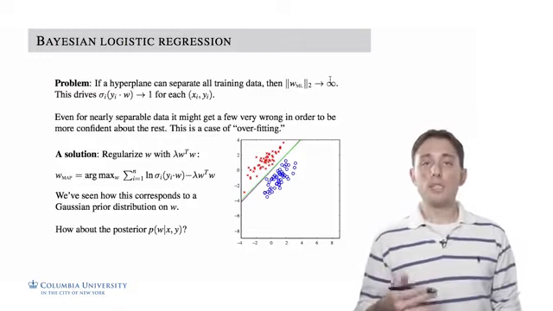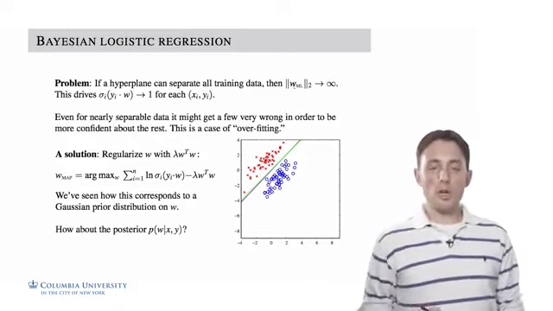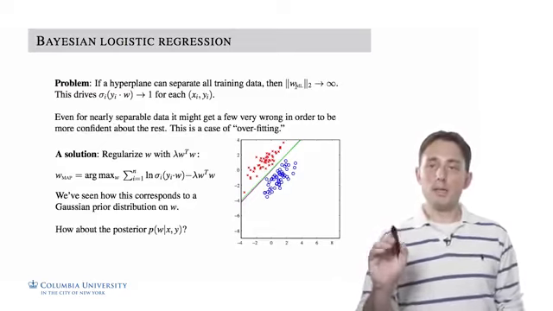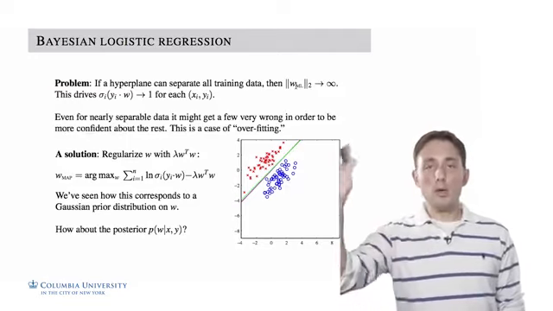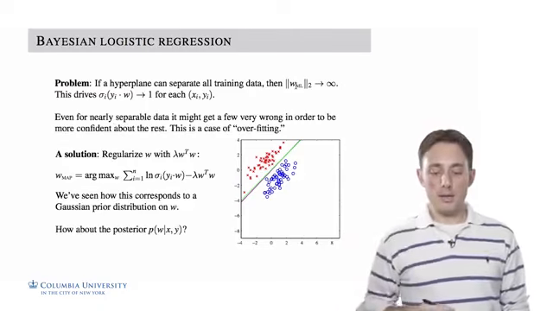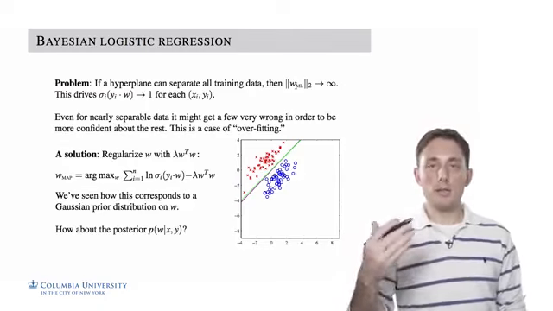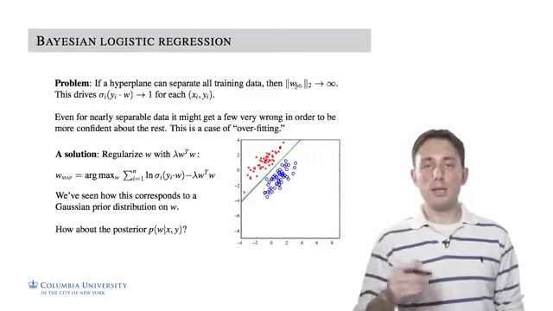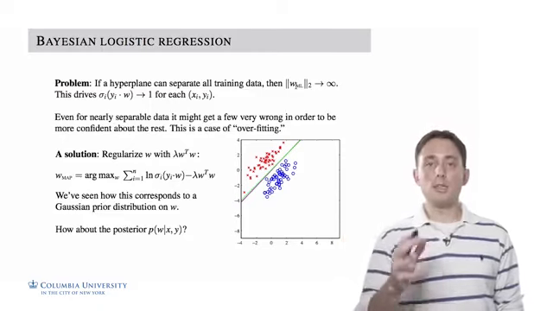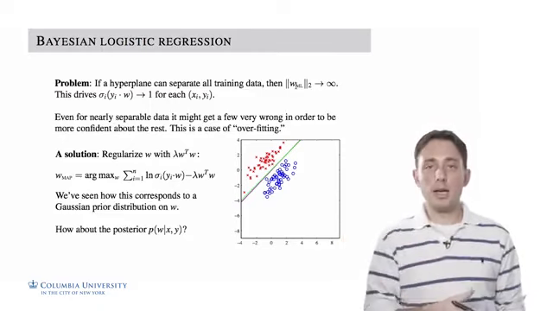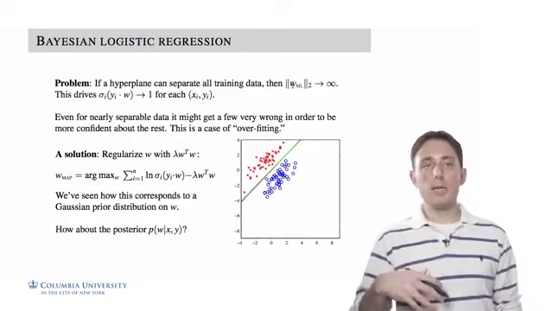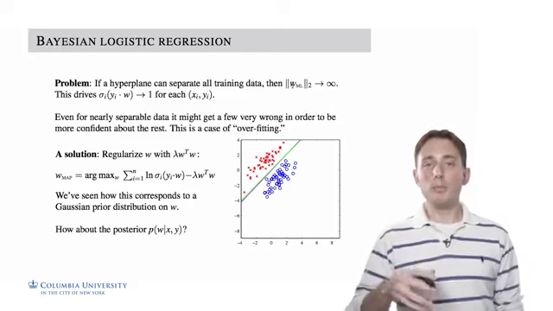In that case, if we did maximum likelihood for that model, what we could show is that the magnitude of W would blow up and go to infinity, because as W goes to infinity, it's going to make all of the data on the plus side have a dot product with that W become positive infinity, and it's going to make the dot product of all the data on the negative side with that vector W become -infinity. And in that sense, we can maximize the likelihood